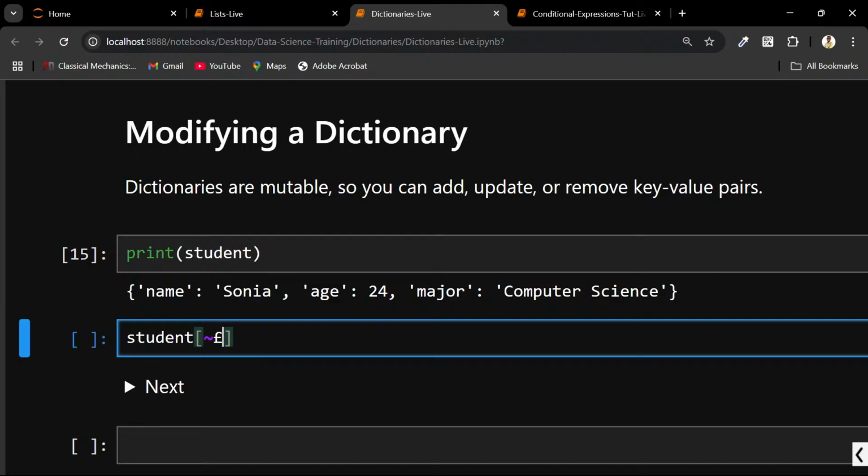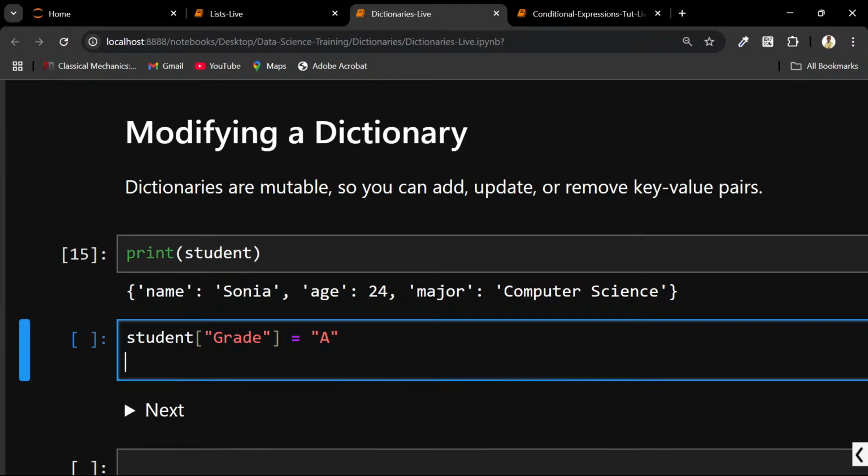So type the name grade, and set it to be equal to the grade you are looking for. So you get it. Now, when you do this, it means that you've called